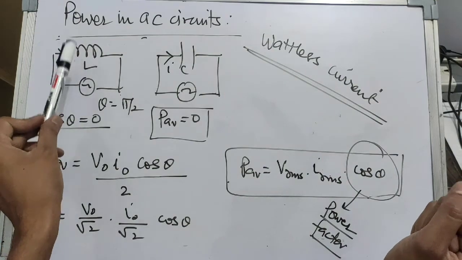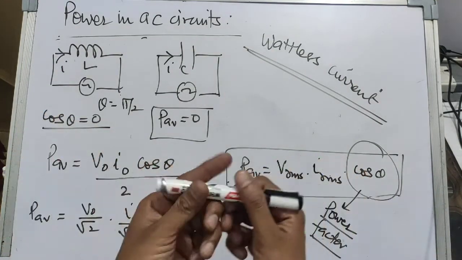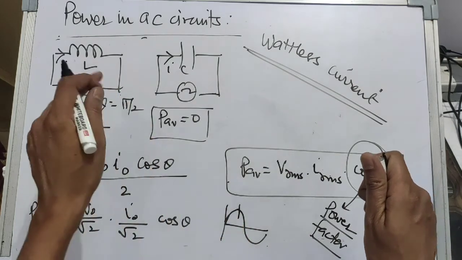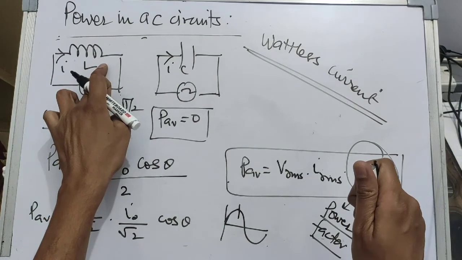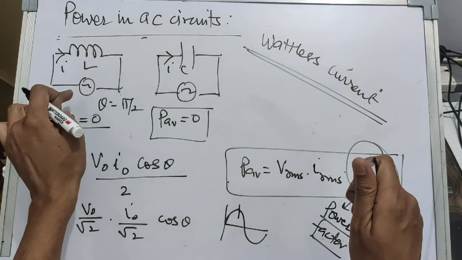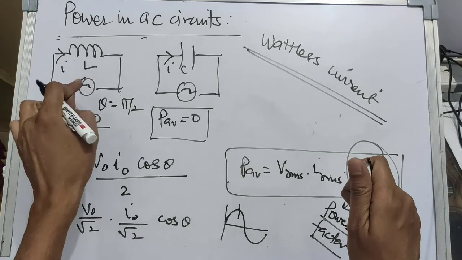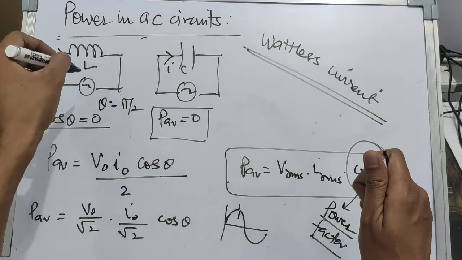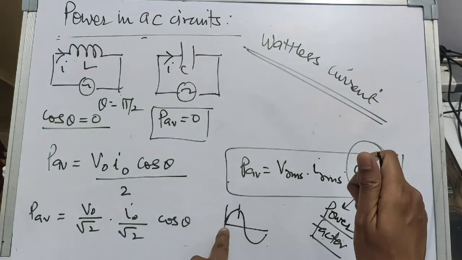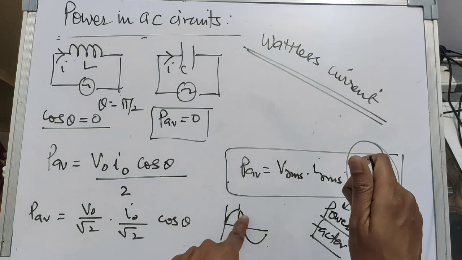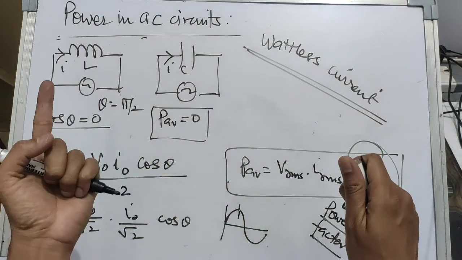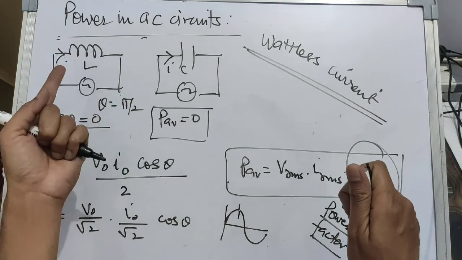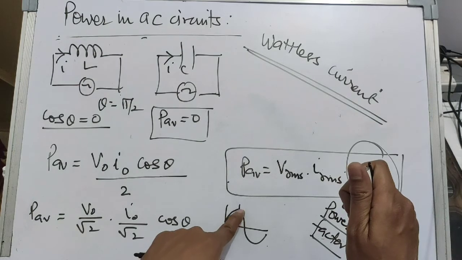Similarly, in the case of an inductor, when the current looks something like this, is it clear? When the current is increasing, the inductor will oppose that increase, so work has to be done by the source. When the current is decreasing, the same work done in establishing the current, stored as magnetic energy in the inductor, is released to aid the decreasing current.